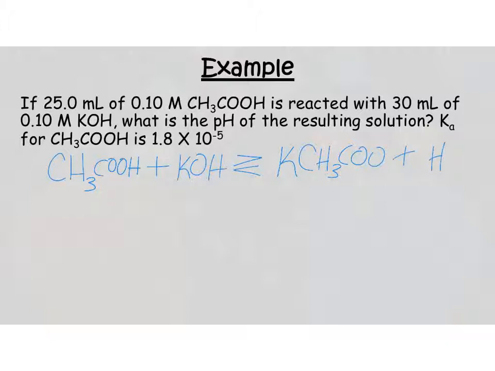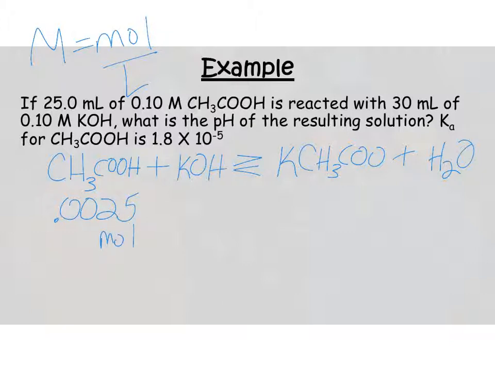and my water. Okay, so I need to, again, find my moles of H plus and OH minus by doing some cross multiplying and some algebra. Okay, so when I do that, I see that I have 0.0025 moles of my acetic acid, and I have 0.003 moles of my